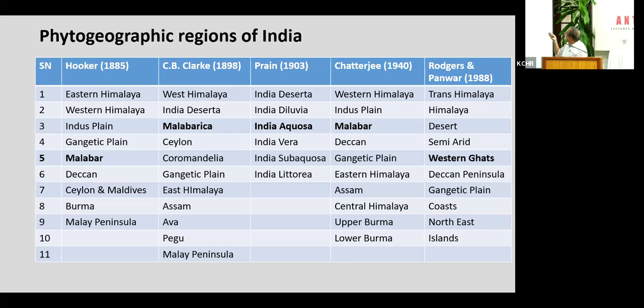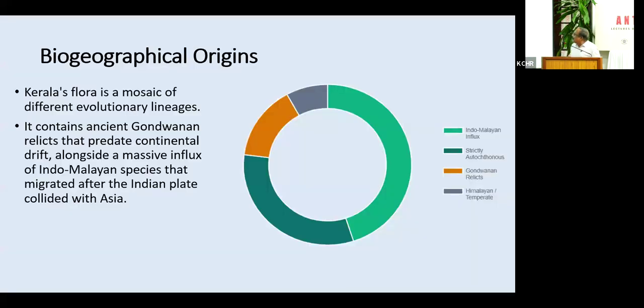And only Rogers and Pawar have put the Western Ghats, but others were using the name Malabar for indicating our region of phytogeographic area. And if you look at the contribution to our flora, in Kerala's flora, you can see that it is largely Indo-Malayan in origin, almost 40% you can say that it is Indo-Malayan, and around 30% is